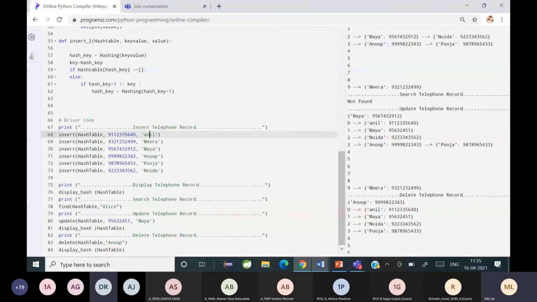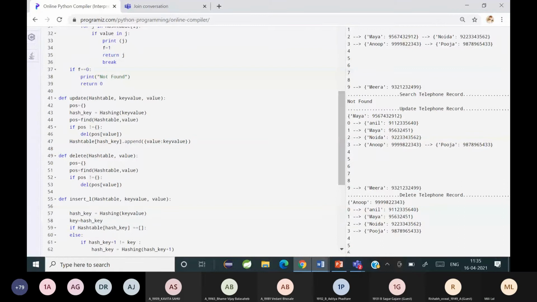Can you all tell me? Go through line 41, you can see it here. Lines 41 to 47 are update. Can you tell me how that works?